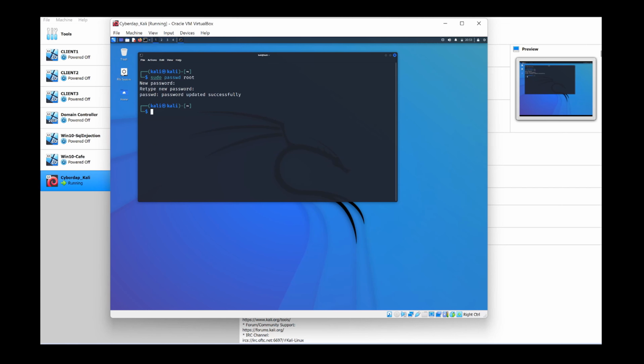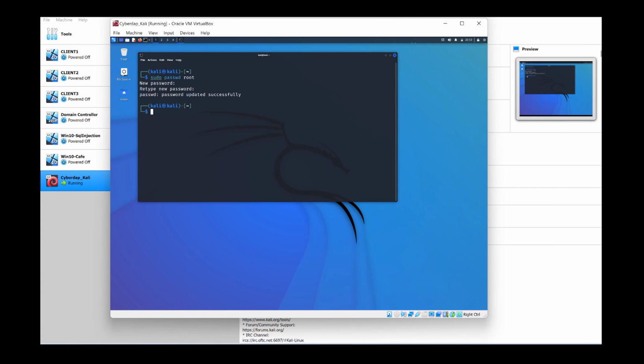So this saves you from reinstalling the whole thing again. I mean, as you can see, installing Kali takes time, and you wouldn't want to go through that hassle